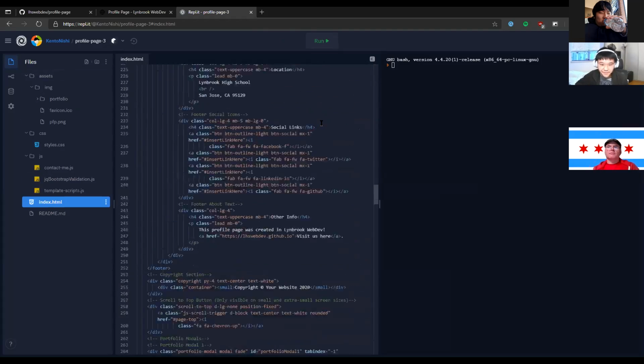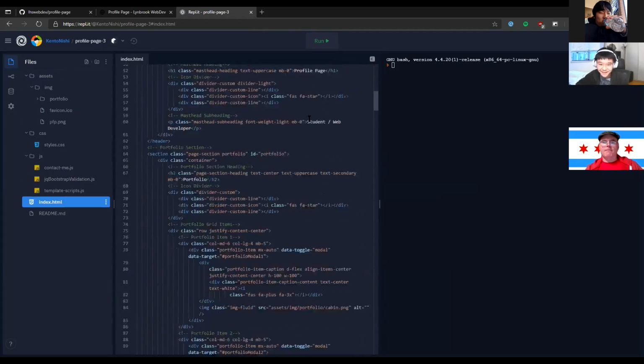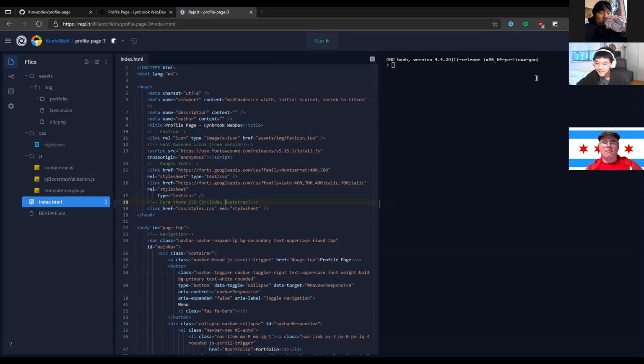And this is the HTML. It's pretty long. Don't feel intimidated. All you have to do is change the things you want to change. So let's see. To preview this